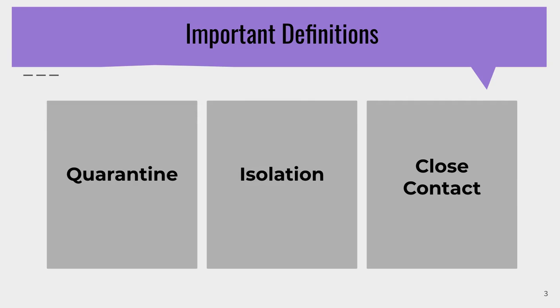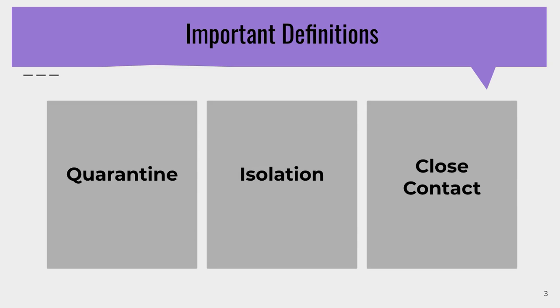Next, we have isolation. Isolation is the separation of a person who is sick with an infectious disease from others. A person who has COVID-19 can potentially spread it to others for 10 days after symptoms begin. So a person with the disease needs to stay away from others, that is, to be in isolation, for 10 days to ensure not to spread it to anyone else. Even after 10 days, a person cannot stop being in isolation until at least 24 hours have passed since their last fever without using fever-reducing medicine, and all other symptoms have improved.